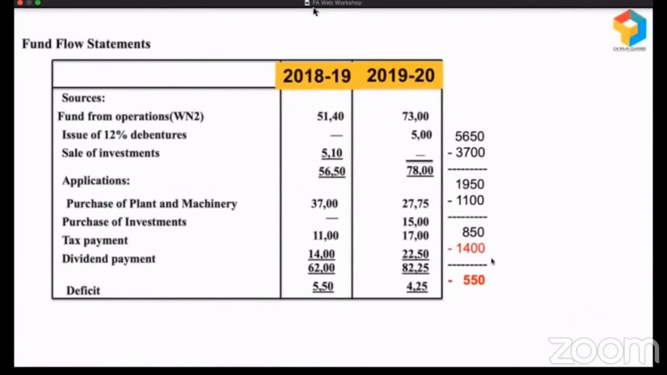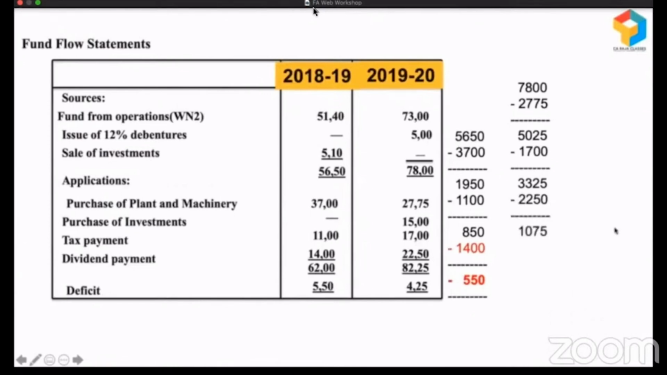Let's see what happened in 2019-20. In 2019-20, their funds from operations have improved significantly. They've also raised money by issuing debentures. So it is 7,800. And from that, they are purchasing plant and machinery. They have a lot of money, let them. After purchasing plant and machinery, they have a surplus of 5,025, and they want to pay taxes. Good, let them pay. From 5,025 after taxes paid, what is left over now? 3,325. From that, they want to pay dividend. Okay, let them pay 2,250. It means the balance left over is